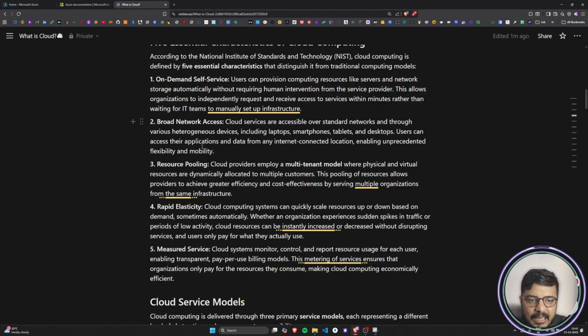Users can access their applications and data from any internet connected location, enabling unprecedented flexibility and mobility. As long as your device is connected to the internet, it does not matter whether you are in India, in the USA, or in any part of the world. You can access your infrastructure, your data, your servers, which enables flexibility and